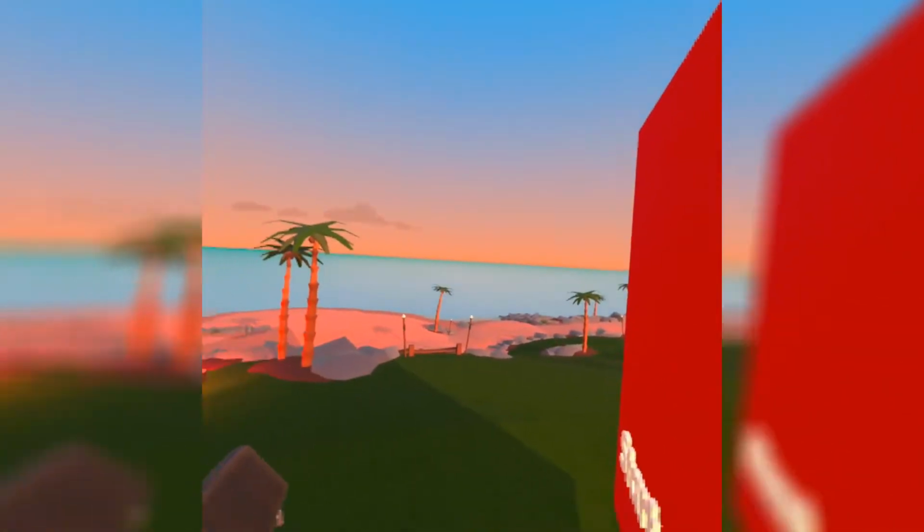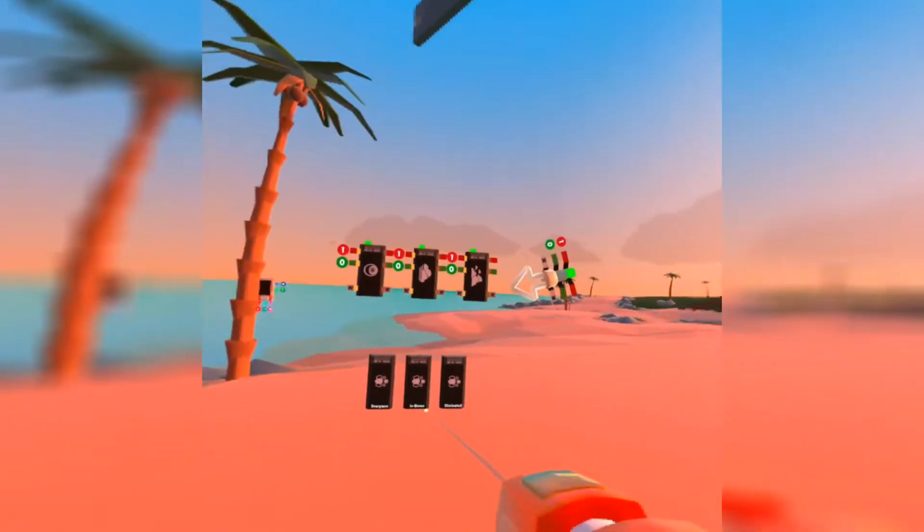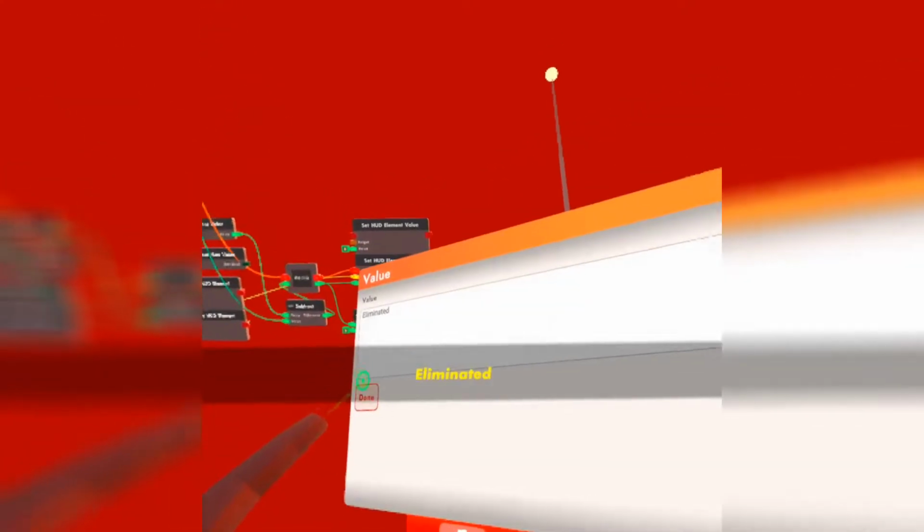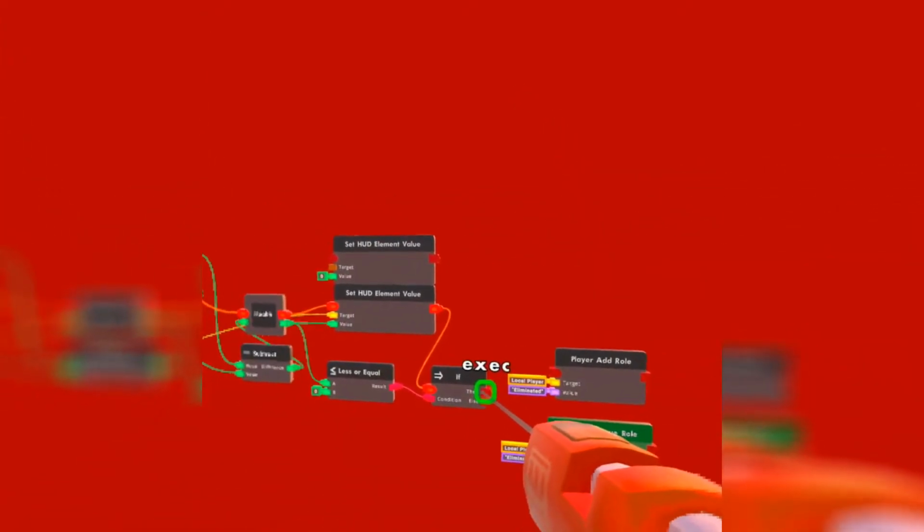And we're actually going to use the role over here. The role is called eliminated. So we're not going to make our own role, but you can make your own role if you want to do your own thing. Okay, now that we got that, if this is true, it will add the role